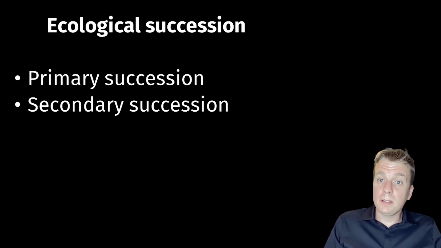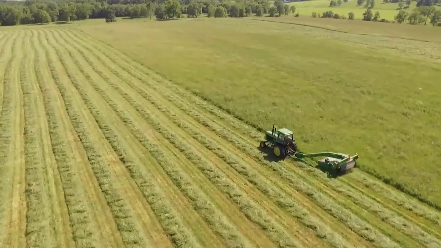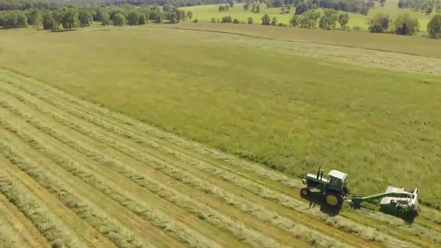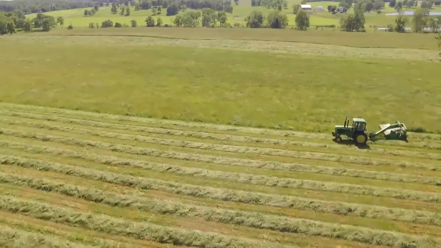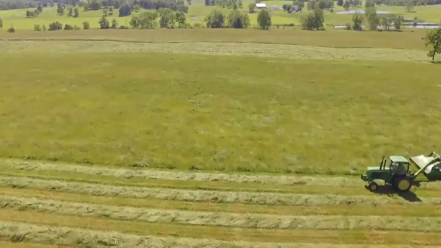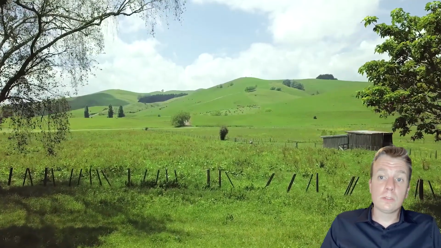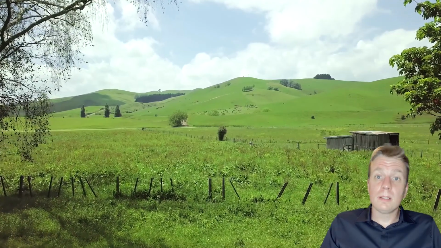The other type of ecological succession, secondary succession, happens after an area of land is cleared, either during a fire or other natural disaster, or after humans clear them for lumber and farming. Secondary succession happens in a similar pattern as primary succession, but starts with small grasses and other plants that use the soil that's there, instead of lichen on bare rock.